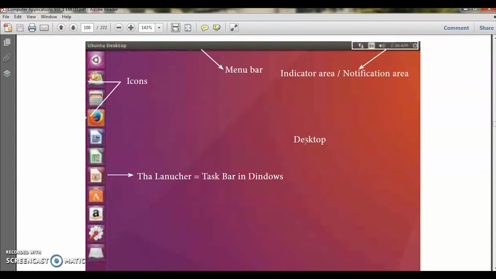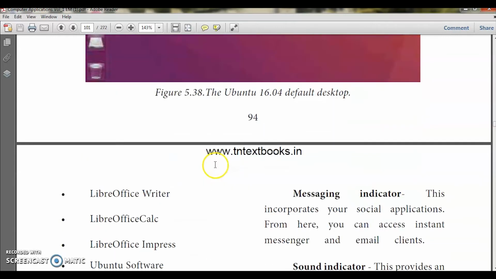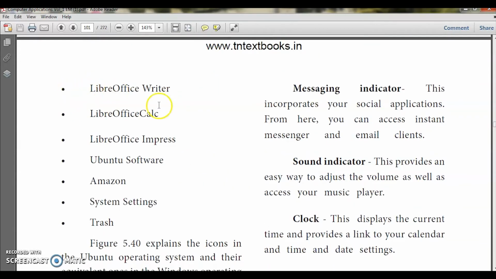It has all the applications and all the functions that you can do with Windows also, but the screen of the Ubuntu desktop will be looking like this. Okay, so we can see what we are having here. LibreOffice Writer, LibreOffice Calc, that is, we say Microsoft Office Word, Excel, PowerPoint; that one is LibreOffice Writer, LibreOffice Calc, Impress, Ubuntu Software, Amazon, System Settings and Trash.